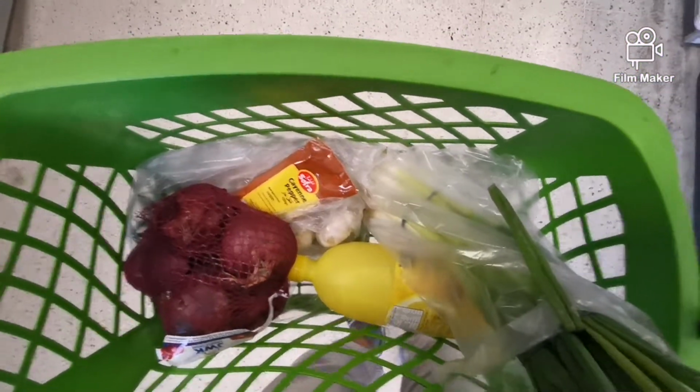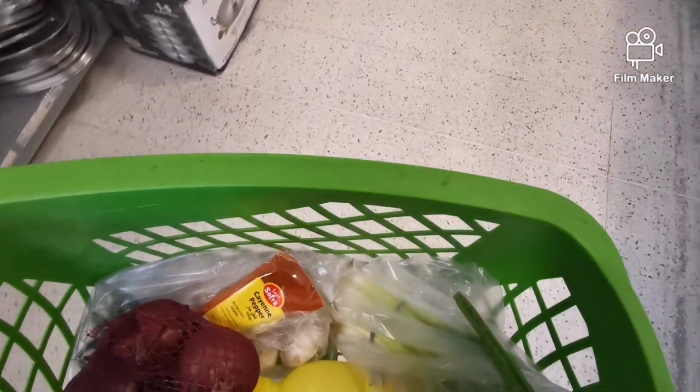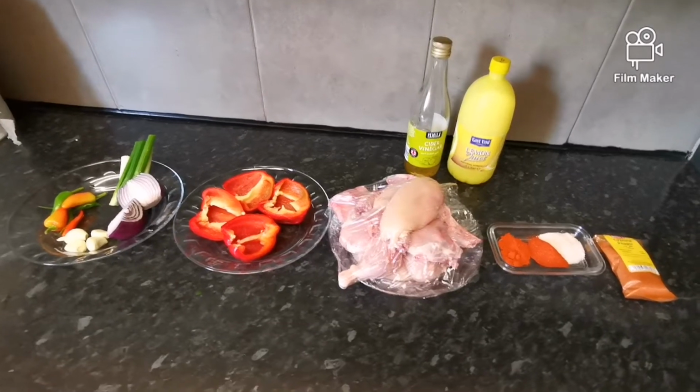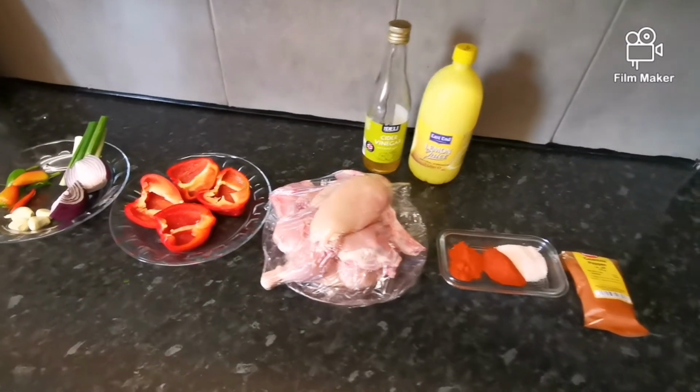I need some ingredients. I'm now on my way to buy them from the shop. Okay, I've got my ingredients for the peri peri chicken. Here are the ingredients for the peri peri chicken: